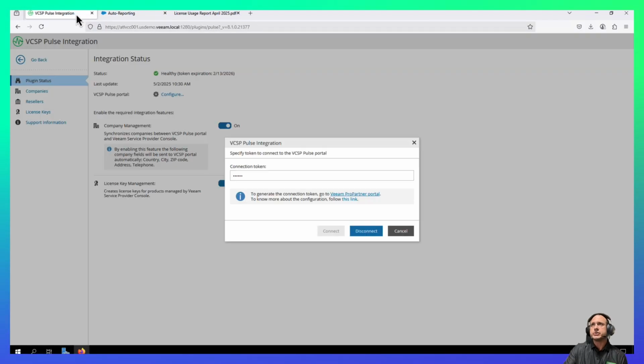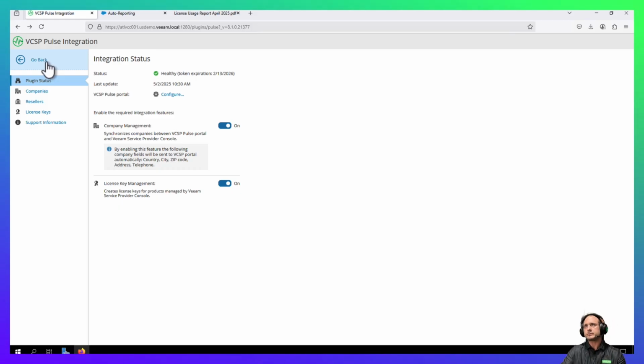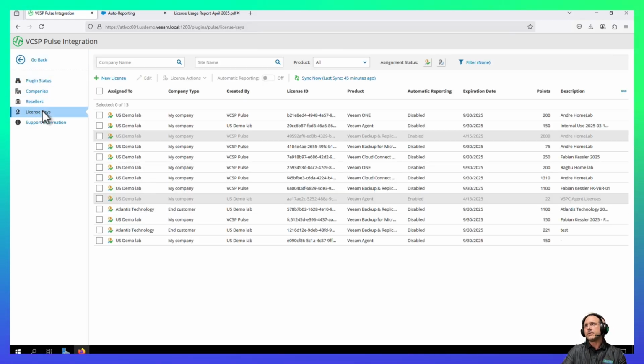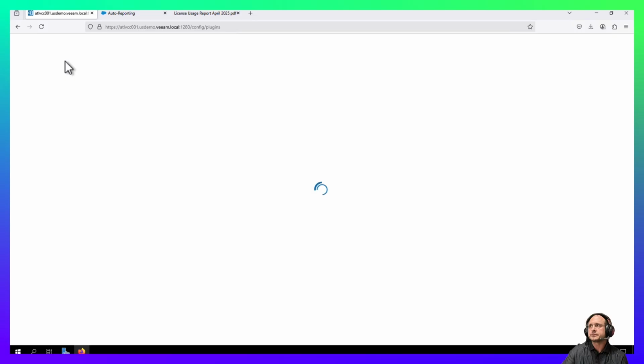So let's go back to the Pulse integration from the console. And where the license keys are, you can see that I've got this automatic reporting turned on. So once you enroll in auto reporting, when you cut a key, this will be turned on, and those will be submitted for you. And you just, again, have to go in each month. One additional thing that you want to have turned on